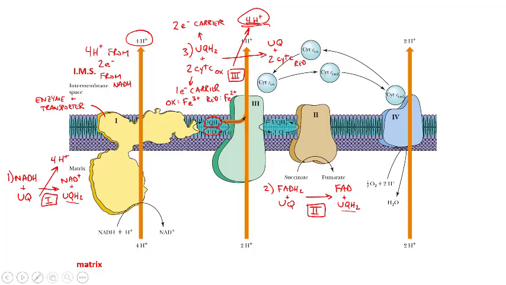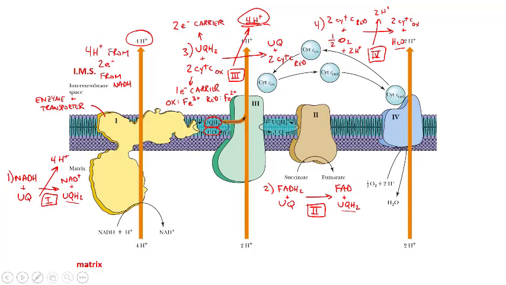All right, last, complex 4. We take our 2 reduced cytochrome C and 1/2 of O2, and we react them to regenerate our oxidized cytochrome C and water. And we need 2 protons to balance out our charge. Water is the ultimate waste product. We're now done. We've reduced oxygen, and this is energetically favorable enough that we can pump 2 protons